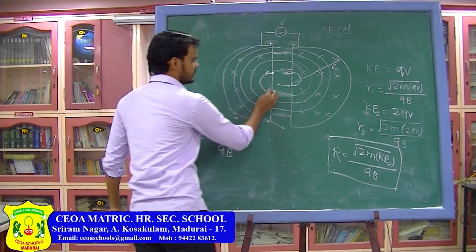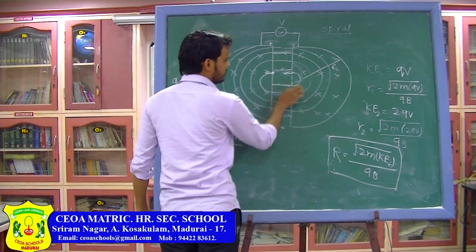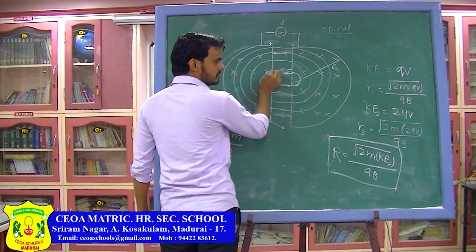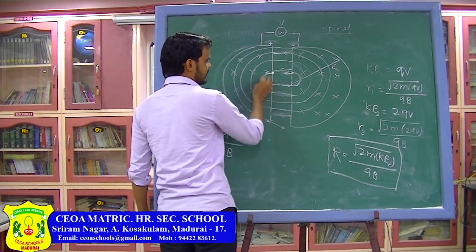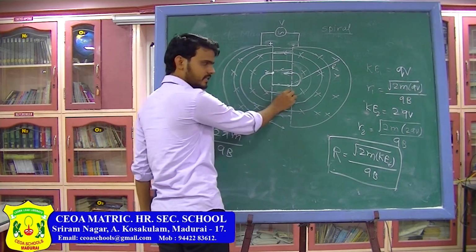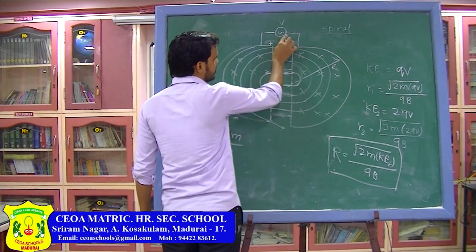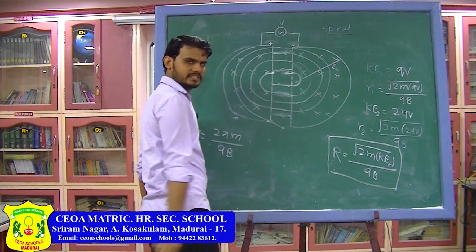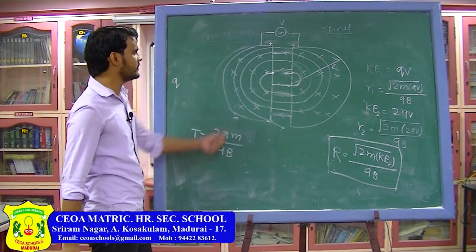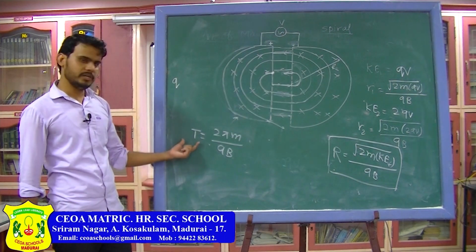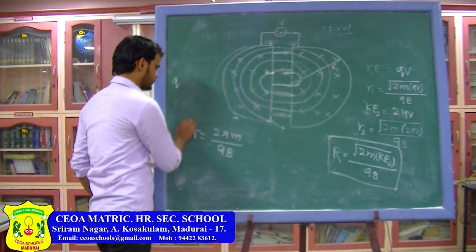Again, the particle was here, and till this point the electric field was in this direction. The particle comes here, the electric field also becomes in this direction, then again the particle comes here, electric field again in this direction. So when the particle completes one circle, the electric field or potential is also changing its direction completely. So the time period or frequency you can find from here: the frequency of the voltage source will be 1 upon T. These are the formulas you have to remember.